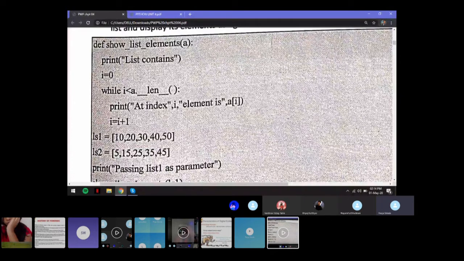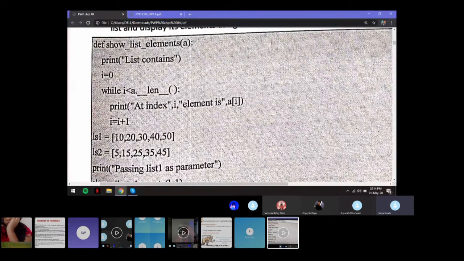So what we're going to do is, if you have a list, for example ls1, inside that we have the elements 10, 20, 30, 40, 50.